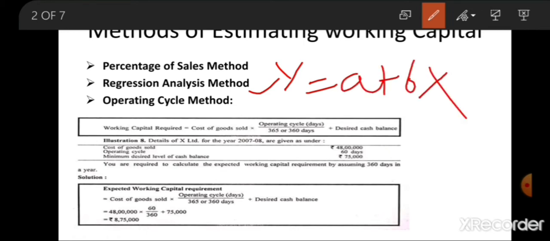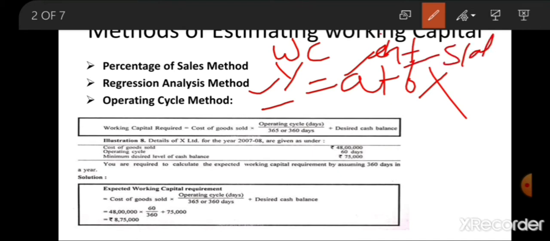So here you estimate the value of the dependent variable. Y is the dependent variable, and suppose this Y is the working capital requirement, right? And A is the intercept, B is the slope, and X is the independent variable, that is